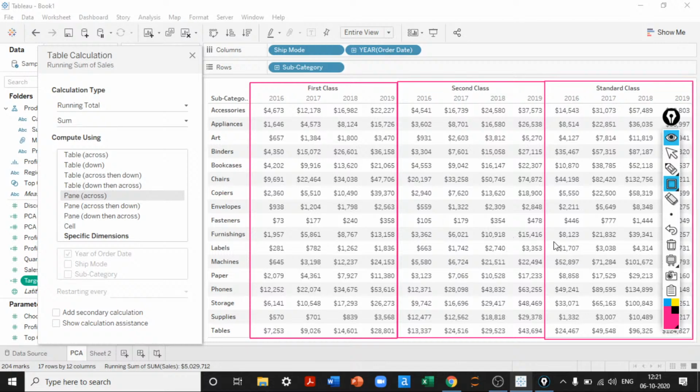Within the pane, the operation works. The logic will remain the same. The rest of the logics will remain the same. What happens when I choose pane across? It will calculate the numbers only from left to right and then keep it as it is. And then again it starts fresh from left to right and then keeps doing the same thing only within the